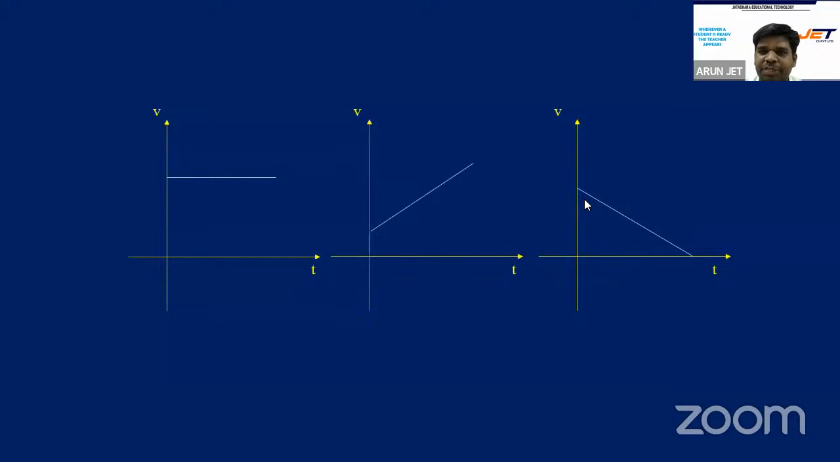In the third graph, speed is going on decreasing linearly. In the second graph, at t equal to 0, the initial time,